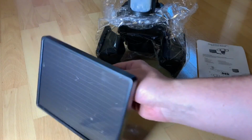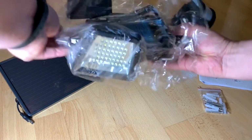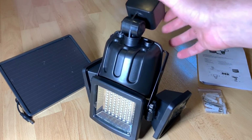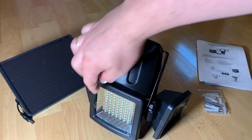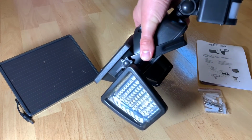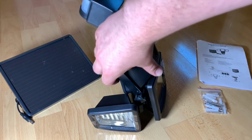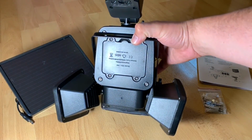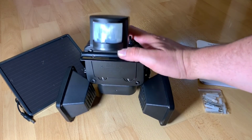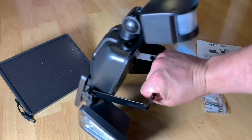There are built-in batteries. These batteries will get the energy out of the solar panel, and this is enough for a long time. I think if you have 6 hours or 8 hours of ultra bright solar power production, then you can have the 3-head solar security light all over the night by using the sensor, because it's not on every time. There is a sensor in front of it, and if you're walking through, then the solar security light will switch